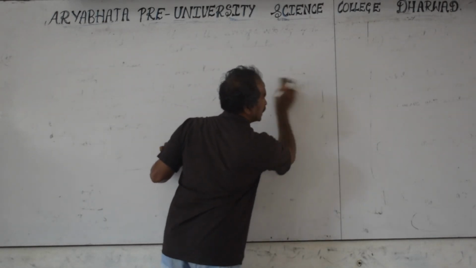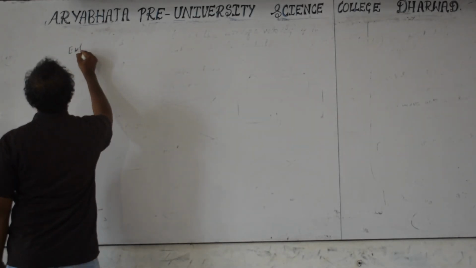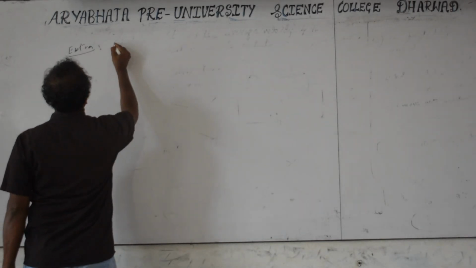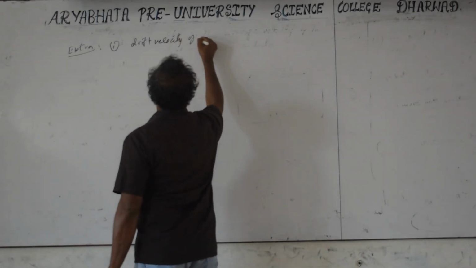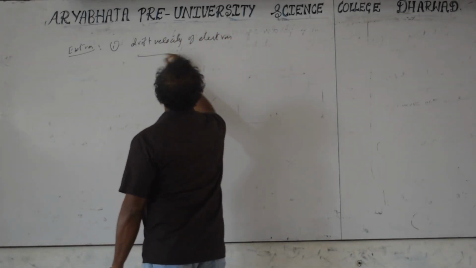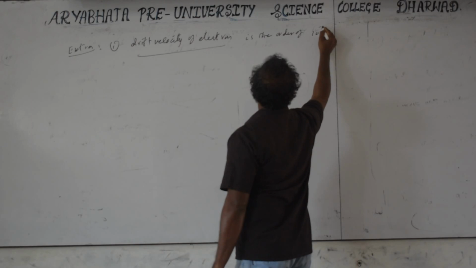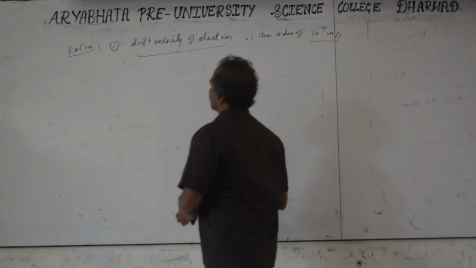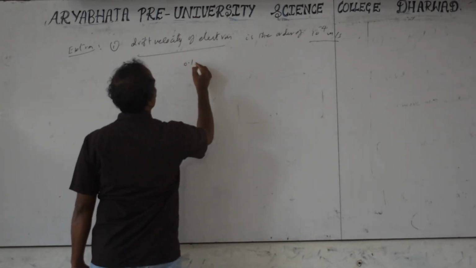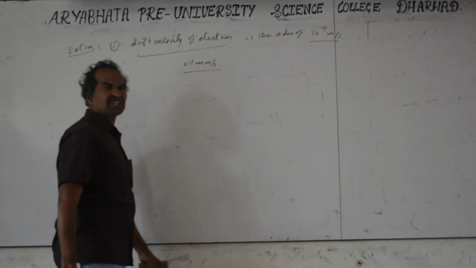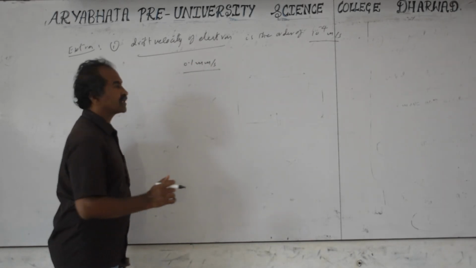Practically, the drift velocity is an extra point, not part of the derivation, as you will not be asked the value. The drift velocity of an electron is in the order of 10 to the power of minus 4 meter per second. 10 to the power of minus 3 meter is a millimeter, so this is nothing but 0.1 millimeters per second. That means it is moving very slowly. The average velocity is 0.1 millimeters in 1 second.